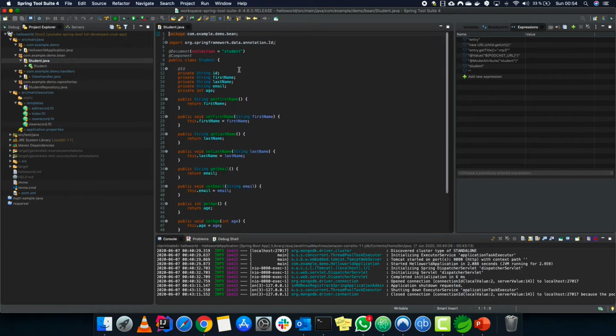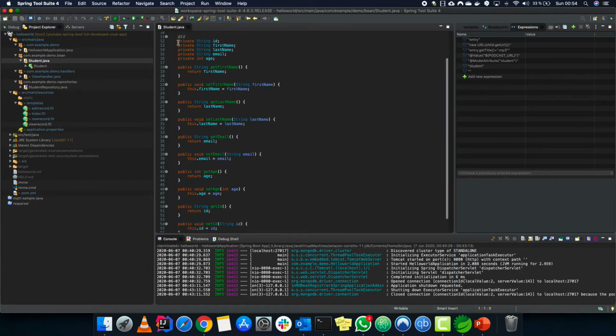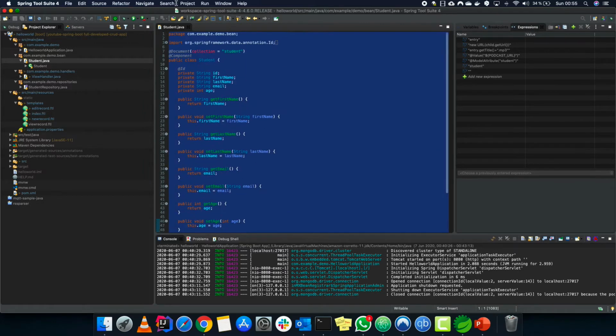So we create a bean, a simple class with first name, last name, email, and age, and we create setters and getters for it. We also need a particular field named ID that we will be using in that database.